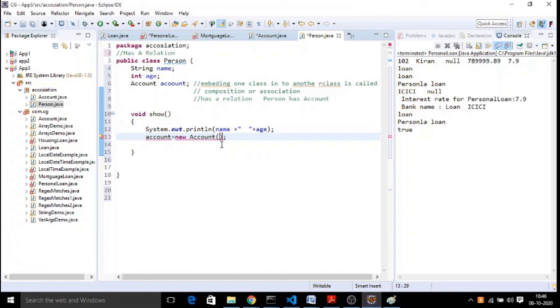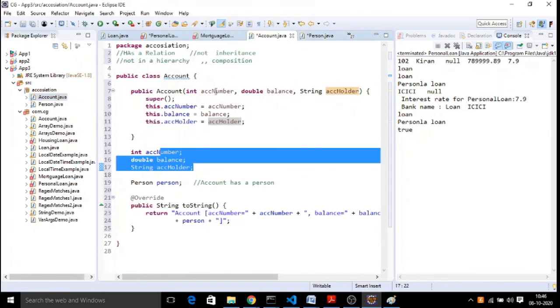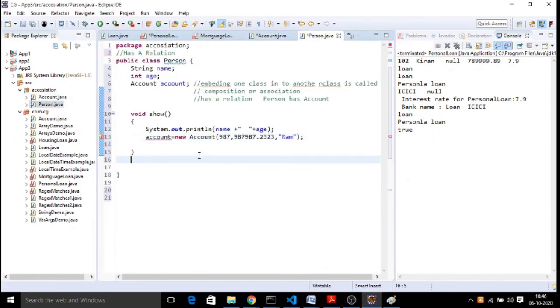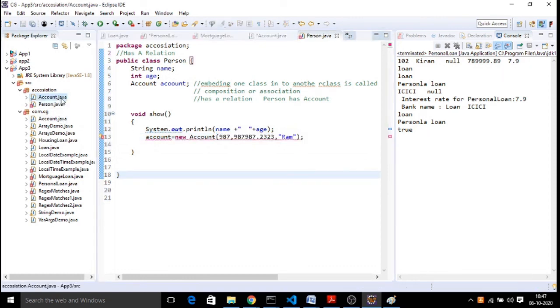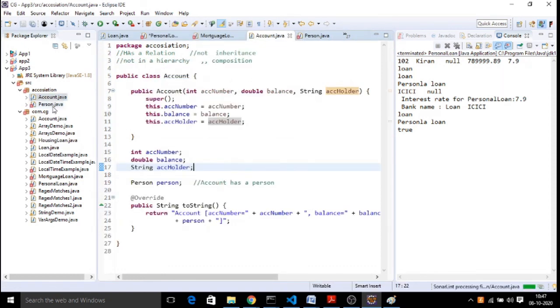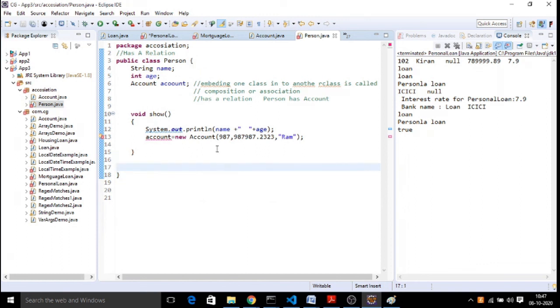Now the balance amount, account holder name, and account number is integer, yeah, integer. So we created this using a constructor. You save the constructor here and go here, we are calling it.